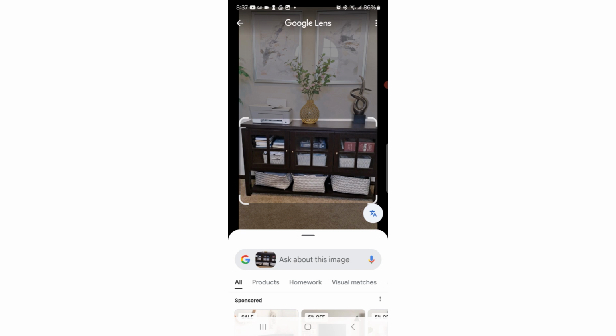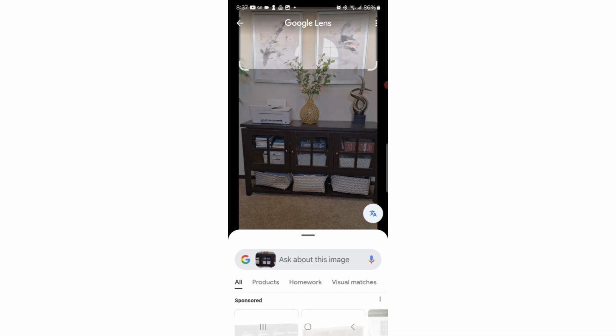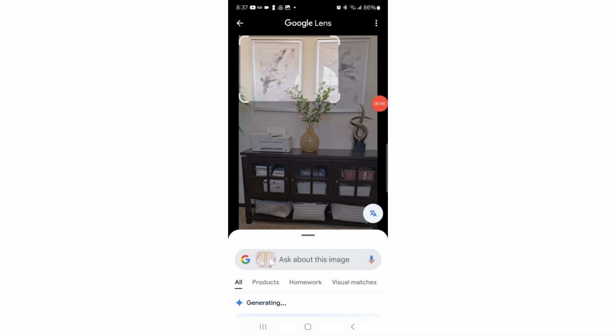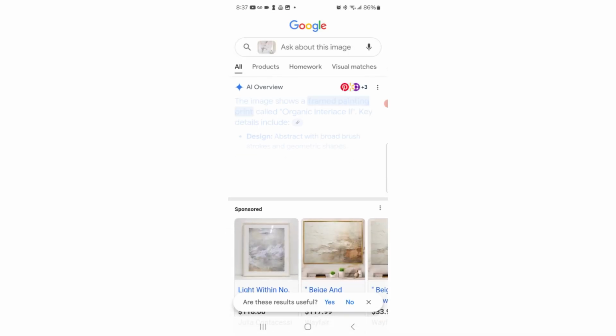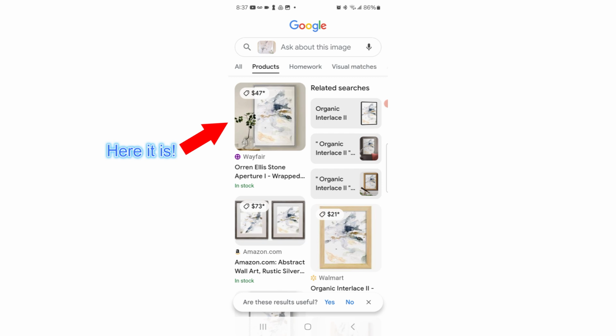Now, what's really great is that it's also going to give you a little price tag on the image as well. And so this makes comparison shopping very, very easy. You can see who has the best price for that item just in a glance, which I think is really cool. Now, if for some reason you only want to shop on Amazon, just use the Amazon app and use